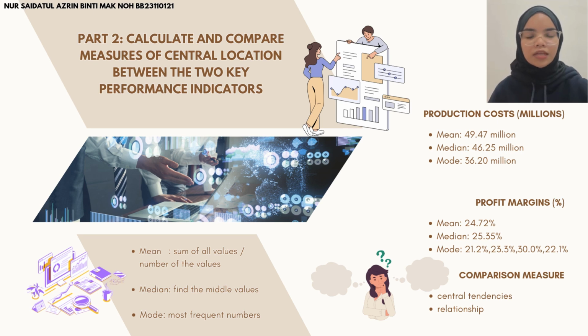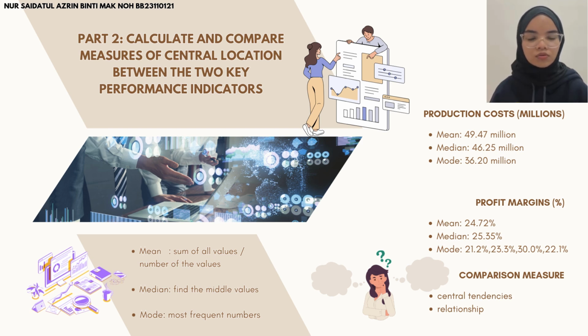Mode is the value that appears most frequently in the data set. To get the mode, first, we need to count the frequency of each value and then identify the value with the highest frequency. For production cost, the mode is 36.2 million. For profit margin, we have 4 most frequent values, which are 23.3, then 31.2,